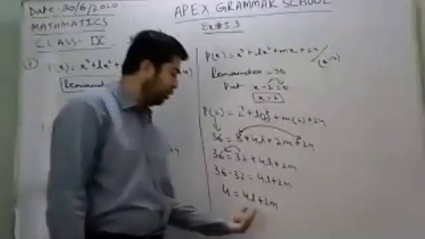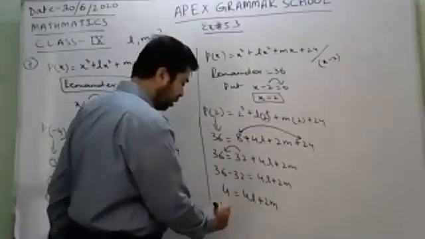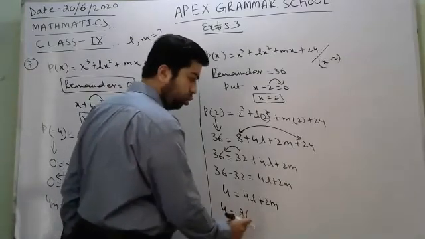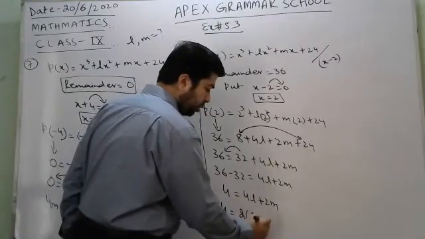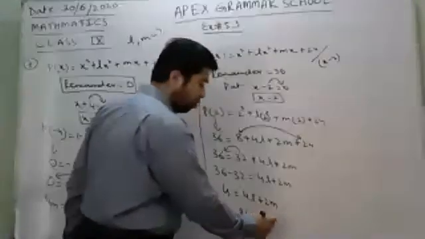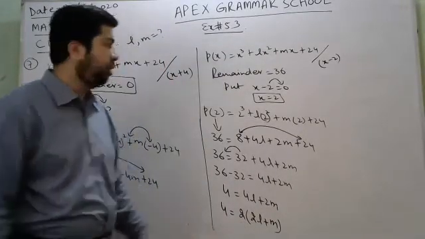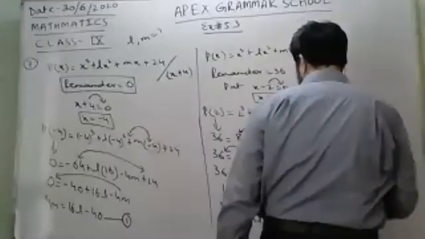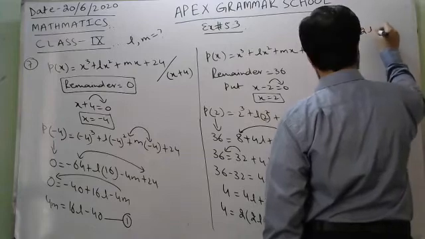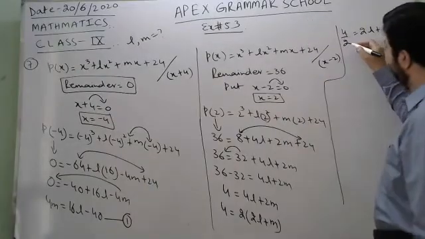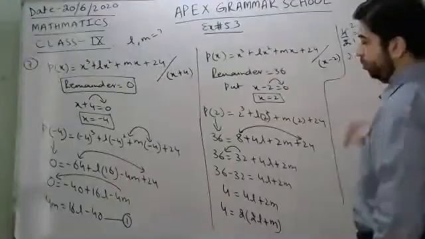Now you can see what is common here. The 2 is common here, you can take 2 common from there. After taking 2 common, 2 2s are 4, 2L plus M is outside here. This 2 is multiplying, so it goes to divide there. So you can say that 4 divided by 2 is equal to 2L plus M. So 2 2s are 4, 2 is equal to 2L plus M.